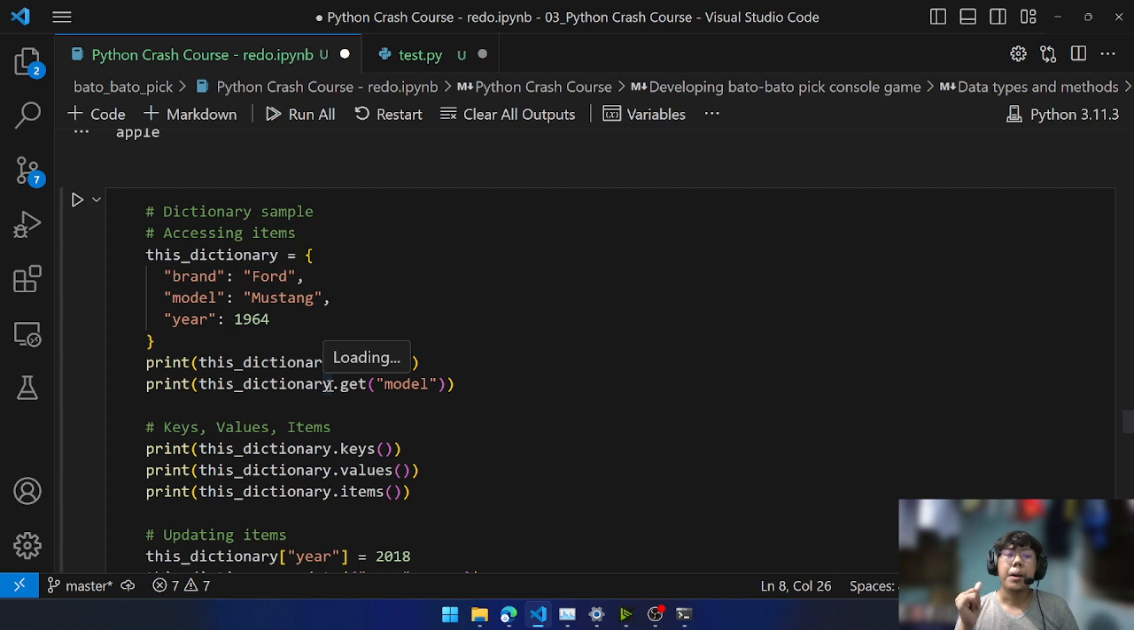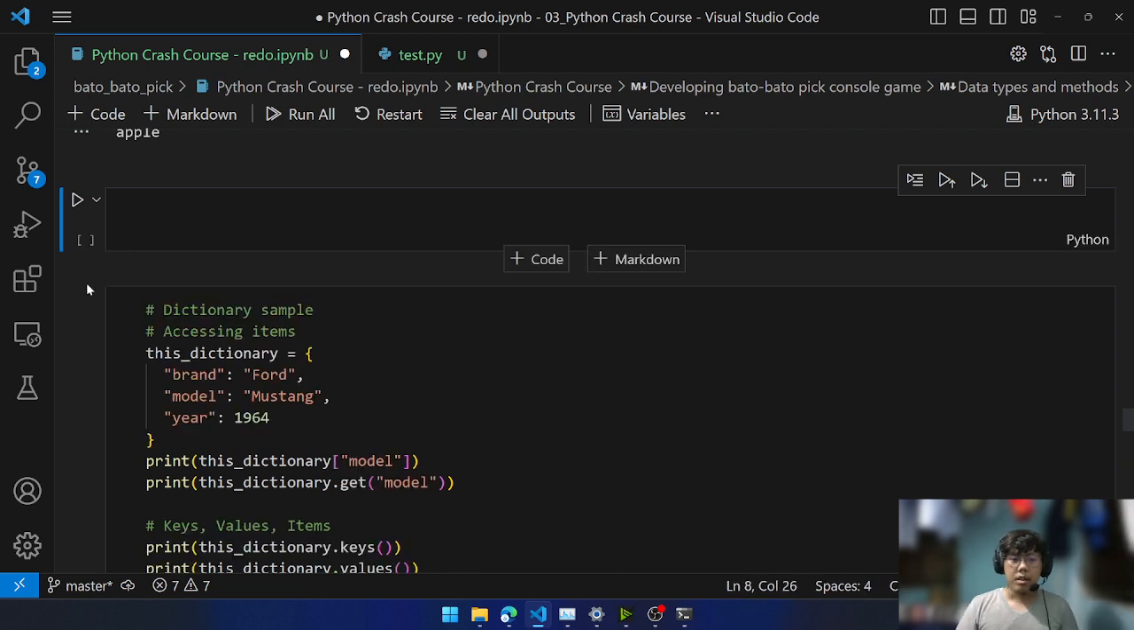Okay, sige. Dictionary tayo. Let's talk about dictionary. So what is a dictionary? So ang dictionary, just imagine a spreadsheet. Okay? Or not spreadsheet, but a table. You have a table with let's say 3 columns. This table is called person. Yung first table mo, it contains,